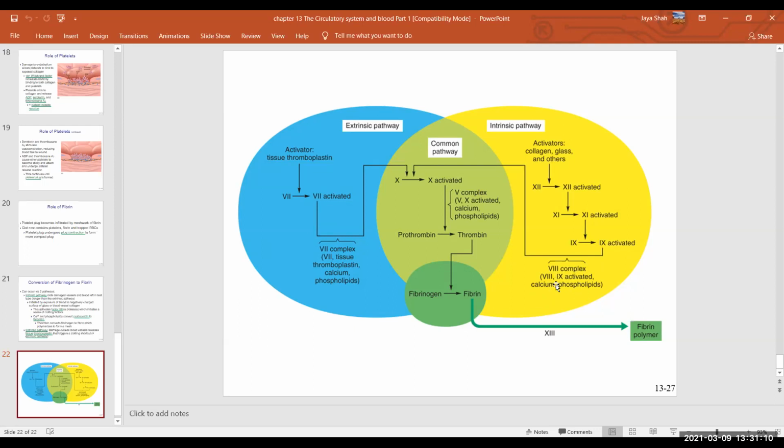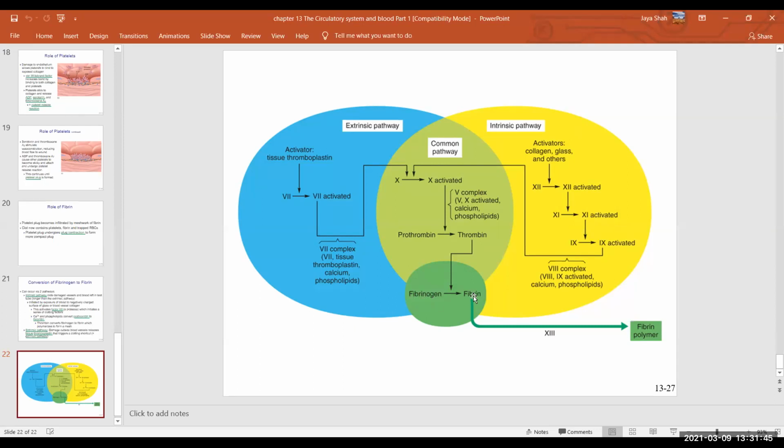You see, the complex of factor 8, activated 9, calcium, and phospholipids, they activate again, and these complexes then go to the common pathway and activate factor 10. Activated factor 10 makes several other complexes. This is such a complex mechanism inside our blood. And then ultimately they convert prothrombin protein into thrombin, and then thrombin converts the inactive protein molecule, which is fibrinogen in